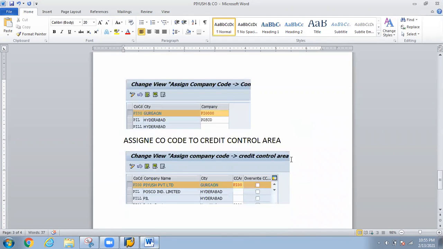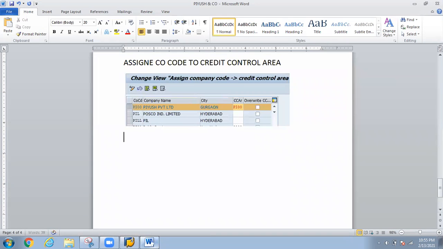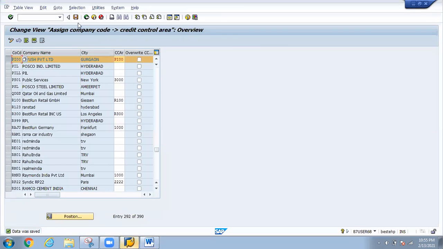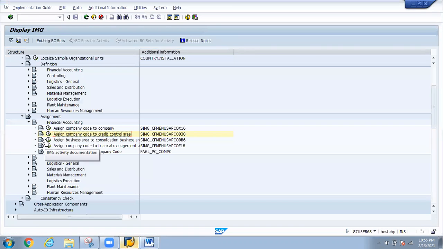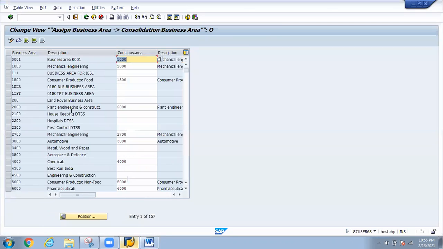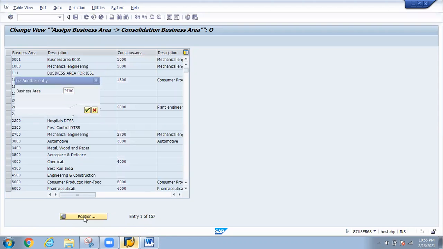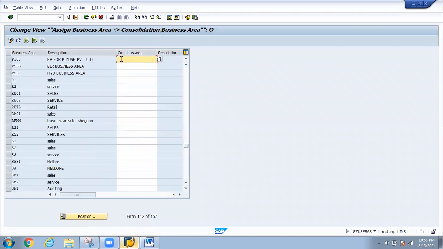Next step is assign business area to consolidation business area. Go back, click on assign business area. Our business area is PI00. Click there, and consolidation business area is also PI00.